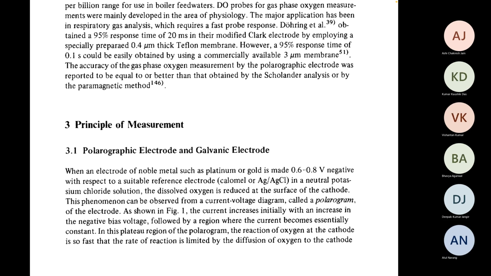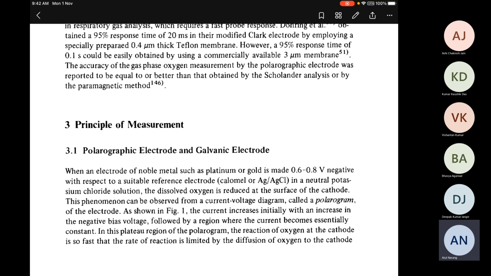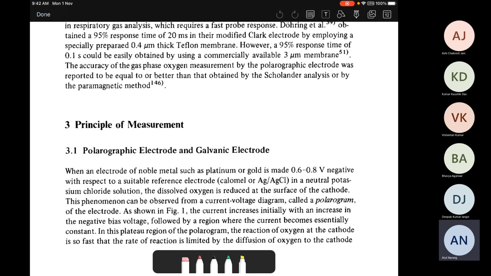Here is the key point. When an electrode of noble metal, such as platinum or gold, which in this case is the cathode, is made 0.6 to 0.8 volts negative with respect to a suitable reference electrode in a neutral potassium chloride solution, the dissolved oxygen is reduced at the surface of the cathode. So that's exactly what I told you. This electrode of noble metal, which is being referred to over here, this is basically the cathode. And if you make the cathode 0.6 to 0.8 volts negative with respect to a suitable reference electrode,